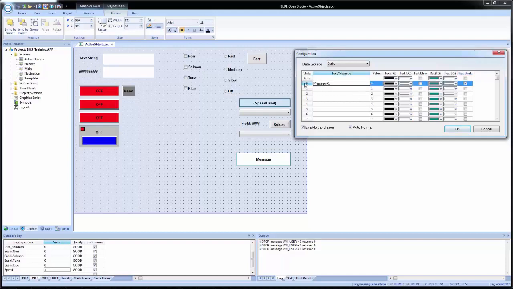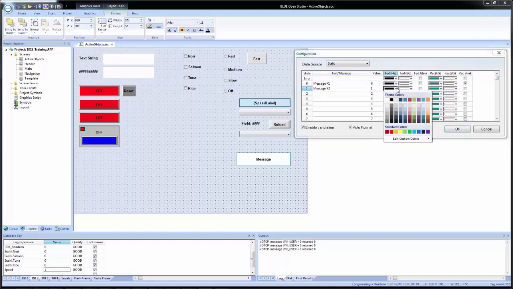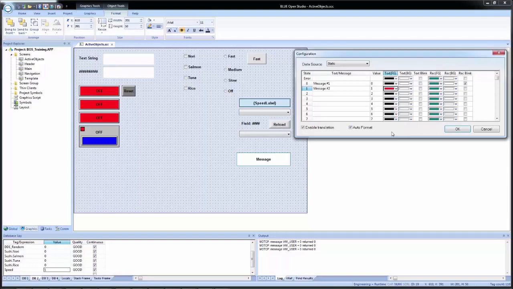I am actually going to copy this and paste it in to row 1 and just change the message and the value. And I will actually uncheck that. But as you can see, I can copy a row and put it into another row. So if there's just 1 or 2 things I need to change, I can. And then for the text, I am going to change this to red. That's the text foreground. Then for row 2, I'll put in message number 3,